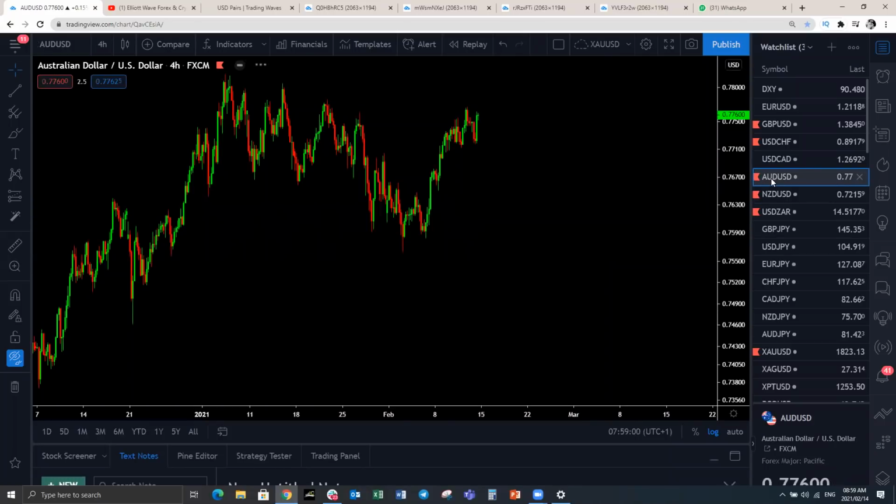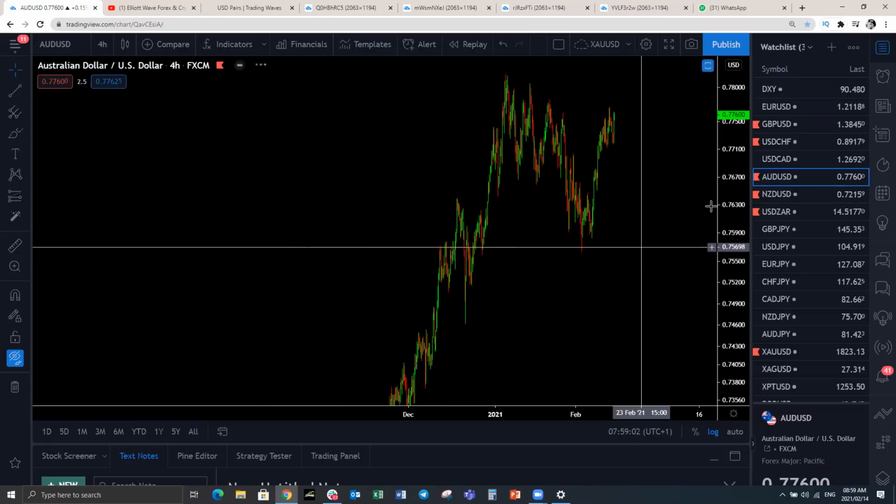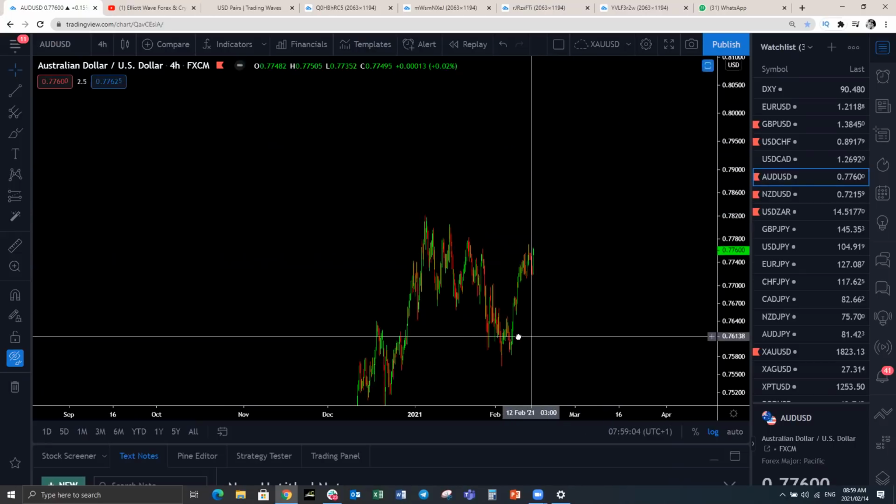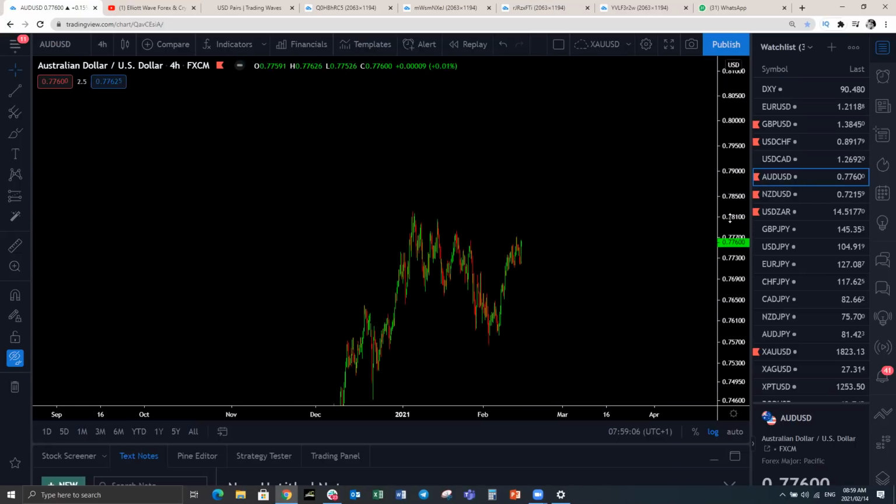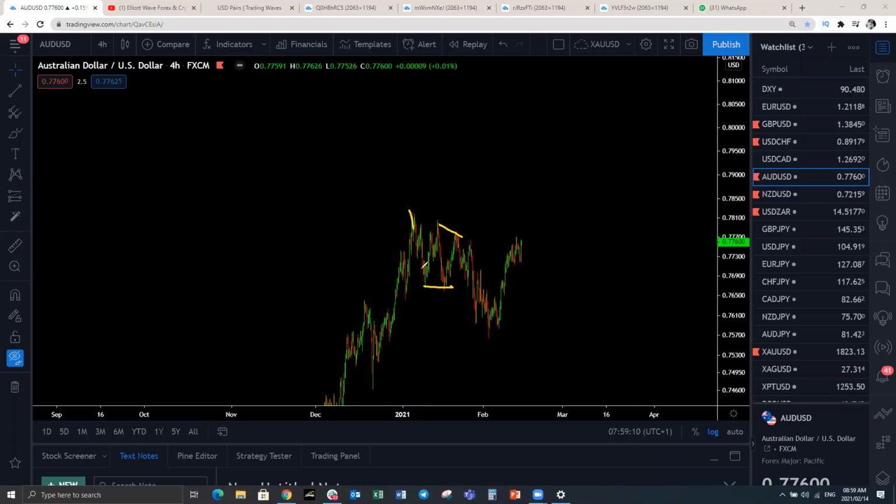Aussie US dollar, the uptrend has resumed, similar to what we're looking at on Euro US dollar. Upside is resuming after this 3-wave pullback. This is a zigzag that you have here on Aussie US dollar, a WXY corrective structure. That's a double. So we have got a move to the upside.